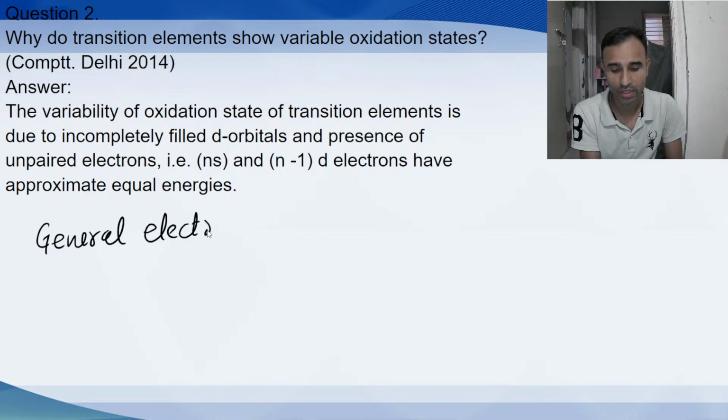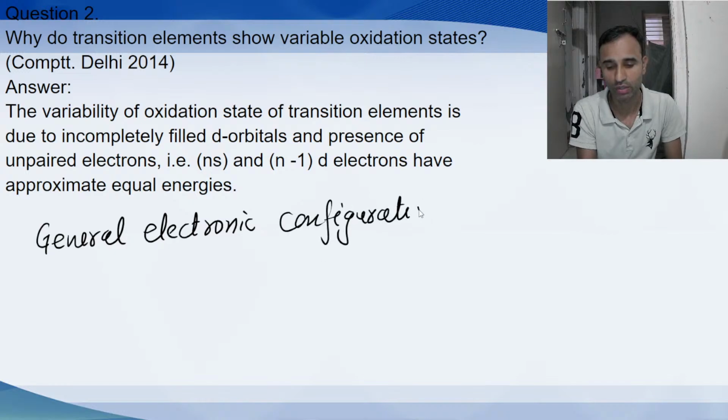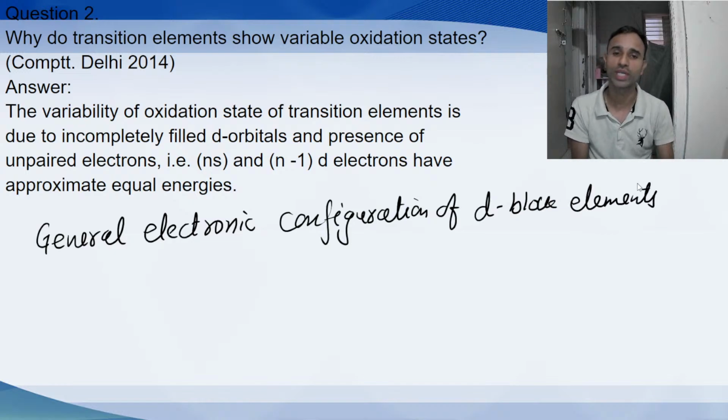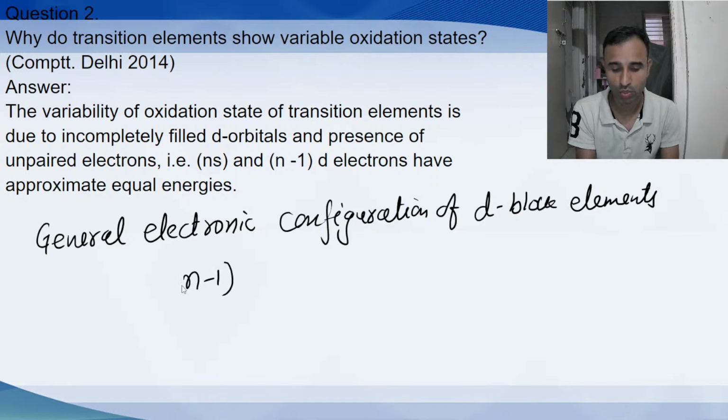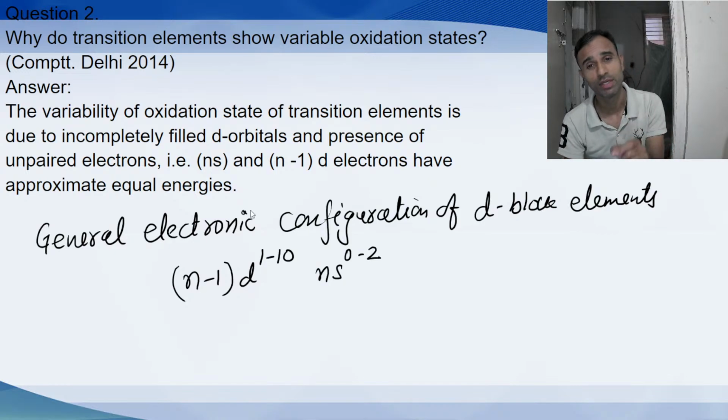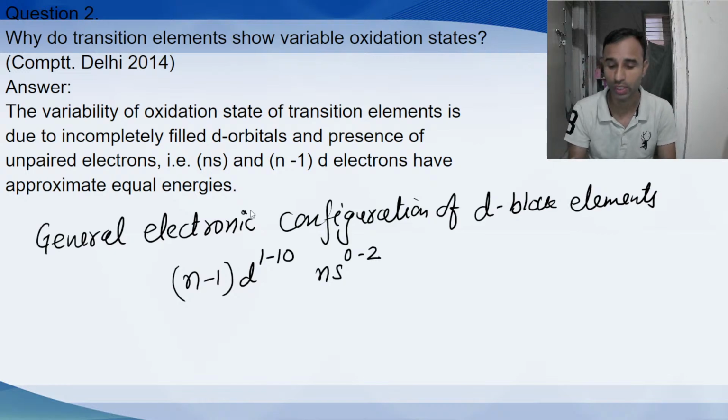General electronic configuration of D block element is (n-1)d 1 to 10 and ns 1 to 2, or if you include palladium, that is ns 0 to 2, because in case of palladium